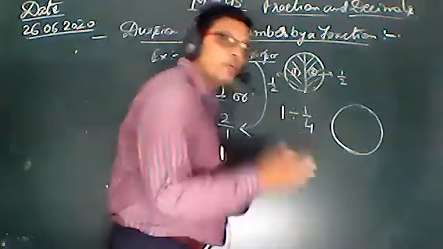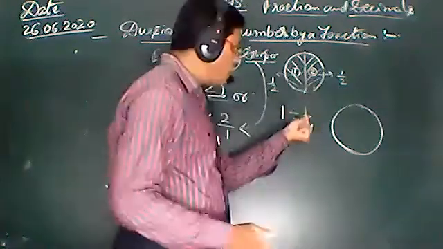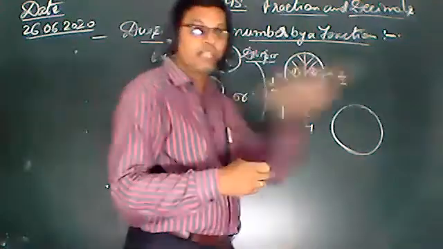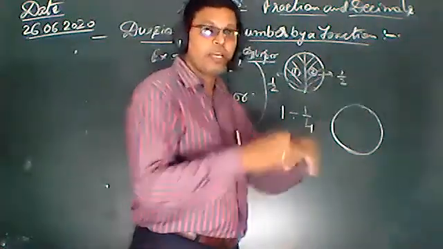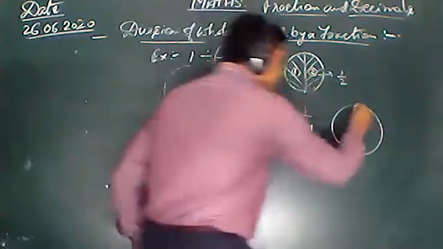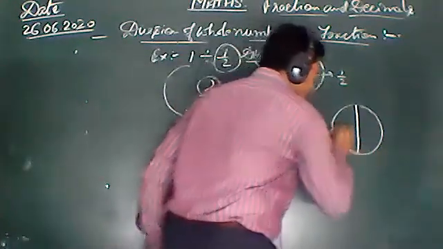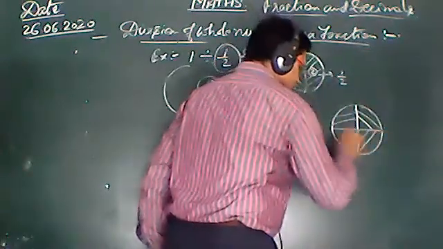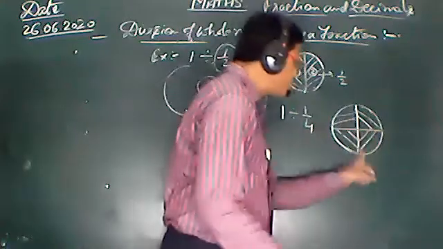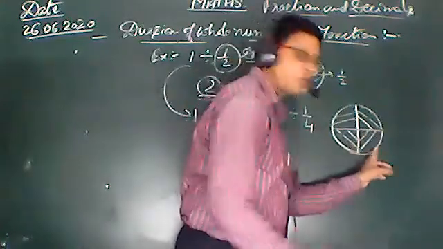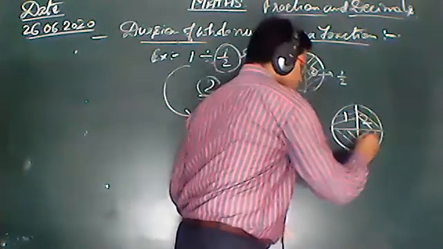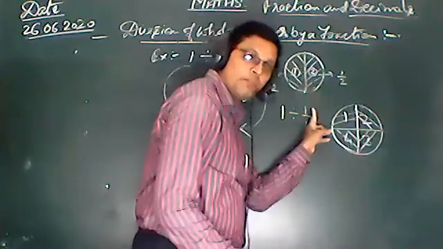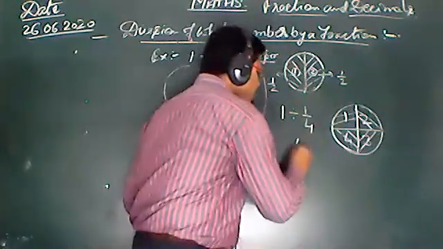1 divide. That means you convert 1. How many parts? 1 by 4. And all the parts are equal because the fraction definition says all the parts are equal. Then we convert this circle into 4 equal parts. And how many parts are there? 1, 2, 3, 4. That means if you divide 1 by 1 by 4, the answer comes 4.